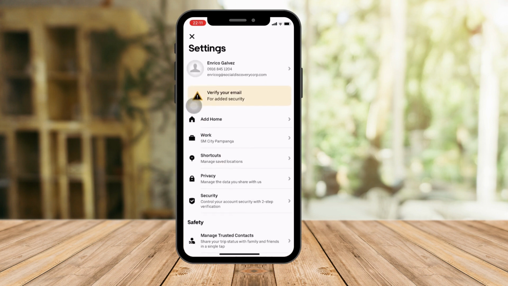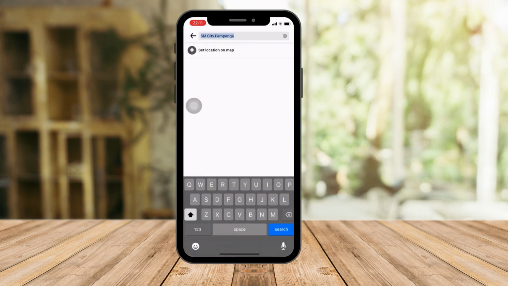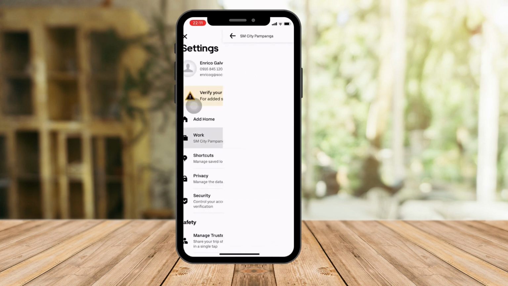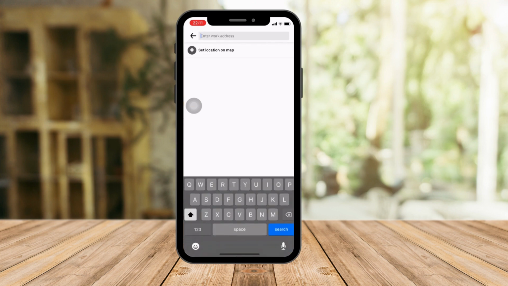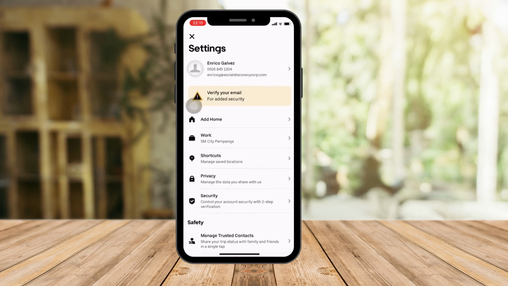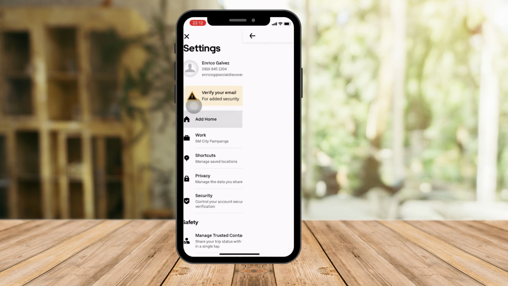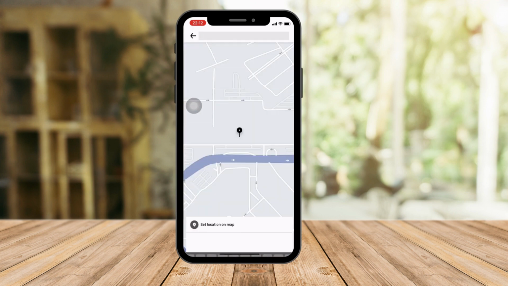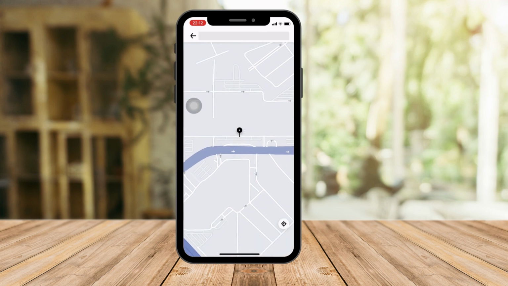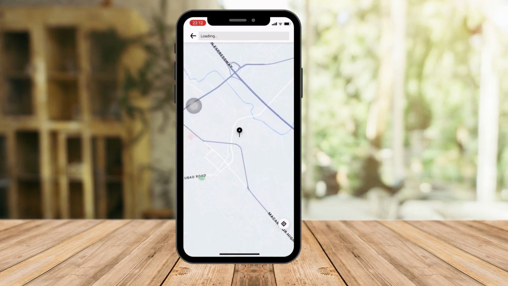As you can see, there is an add home option. Also, there is an add work option right there. Currently I already have a work address on my end right here. So if you want to change it, just click on it again and set a new address. Let's just start with home first. There are two options. You can just use a pin location here and then choose whatever address